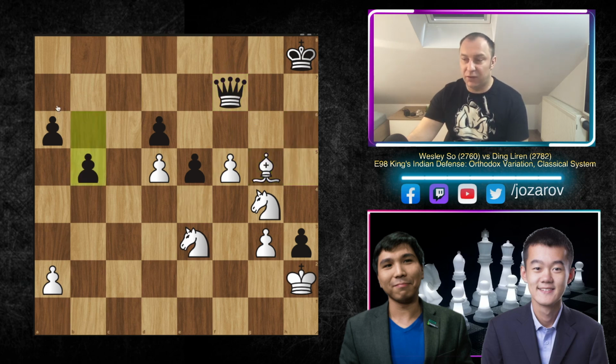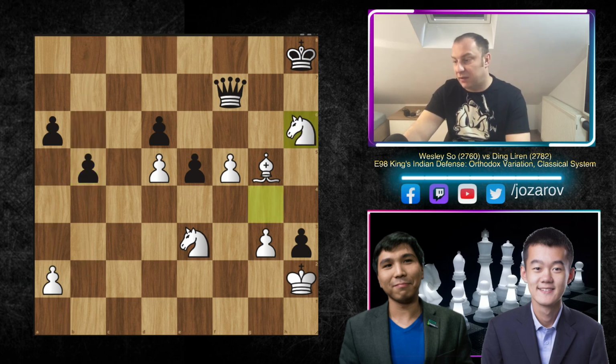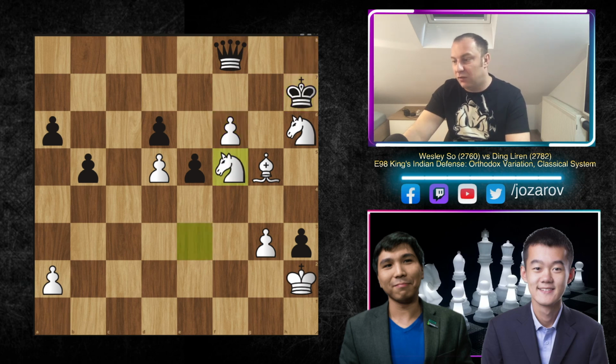We have b5 here. Ding is trying to get something out of his attack on the queen side. He's trying to get something out of his 2 versus 1 pawn majority here. We have knight to h6, attacking the queen, queen to f8, and now f6, simply pushing the pawn further. King to h7, knight to f5, we have king to g6, and now bishop to h4, retreating with the bishop. e4, we have now